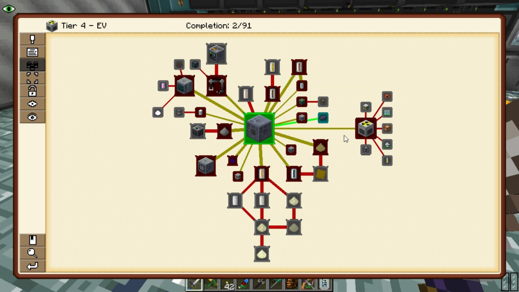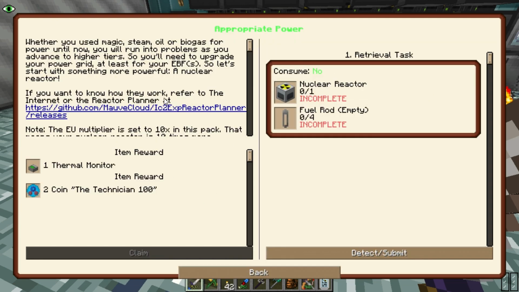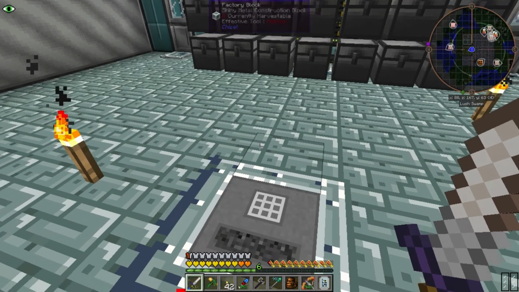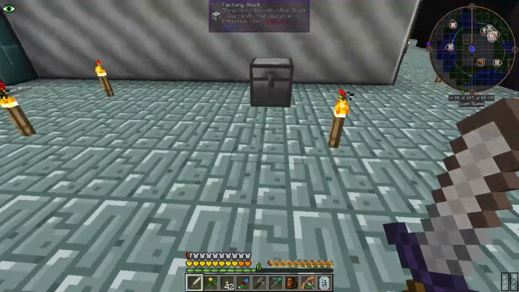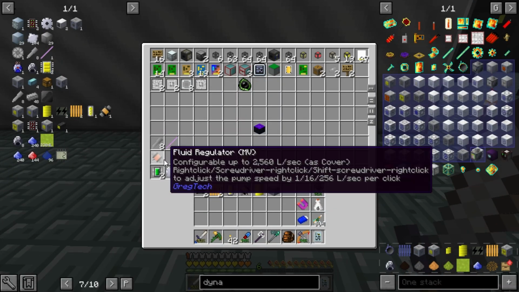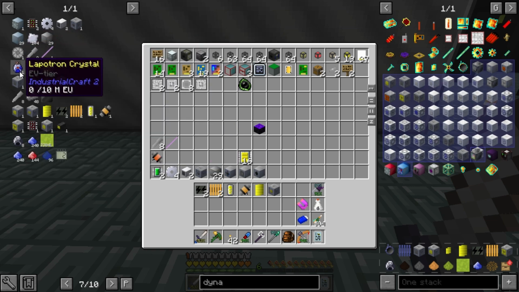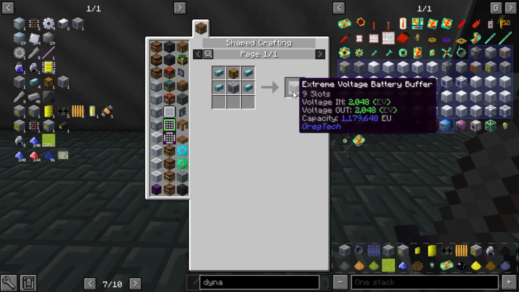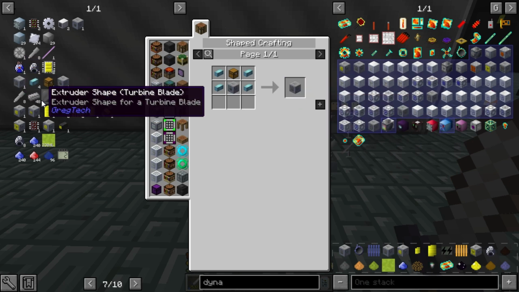We also have this option here that I would like to try. So if all else fails, maybe we'll get into nuclear reactors today. So yeah, I've made a bunch of stuff off camera here, so I have pretty much everything I need to make everything. I'm also going to use, we can make this EV battery buffer, 9 slot. I'm only going to use 8, but we can also make these